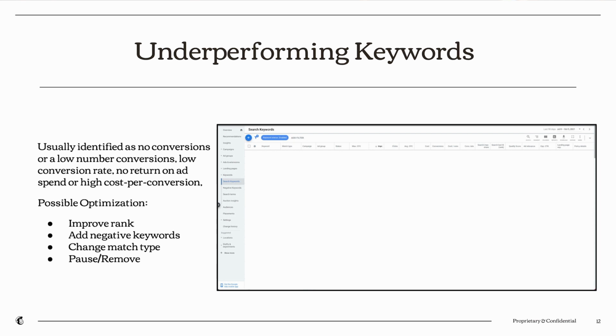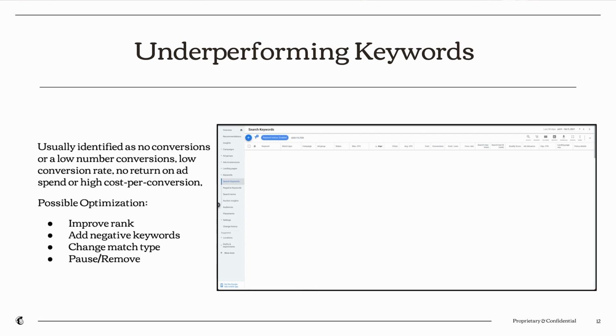And once again, if that's too much for you, you can also look at keywords that maybe haven't converted at all but continue to spend money and start making optimizations to cut some of that out, if it makes sense. So once I've identified those keywords, you could find that improving your rank here as well could help to improve that performance.